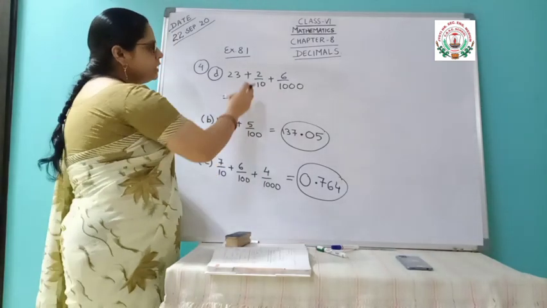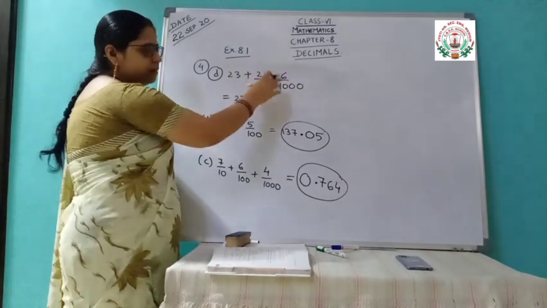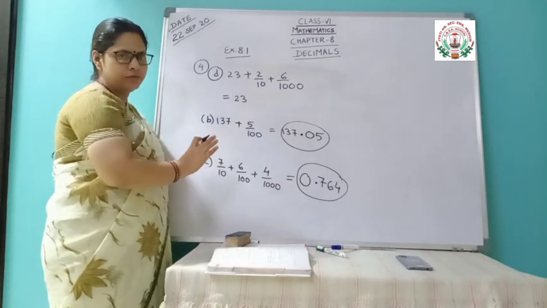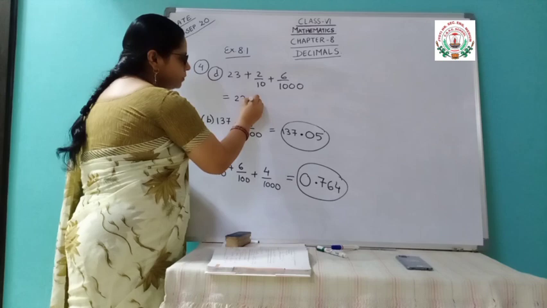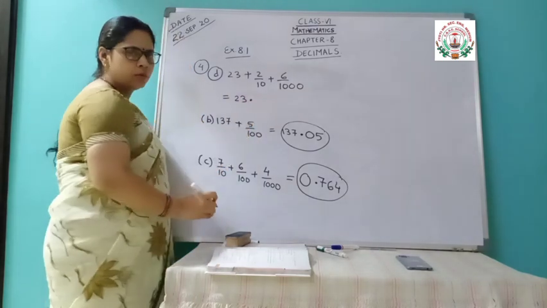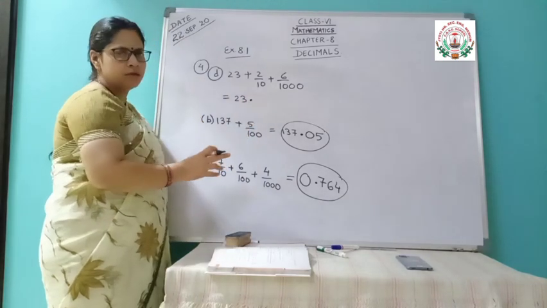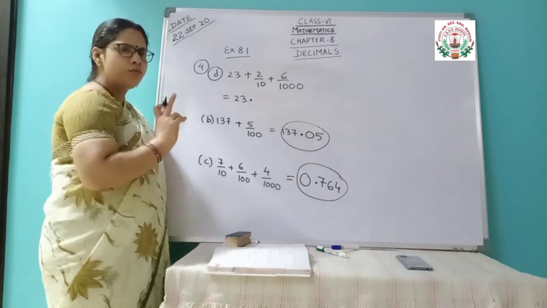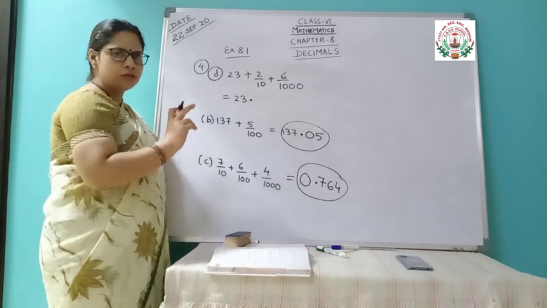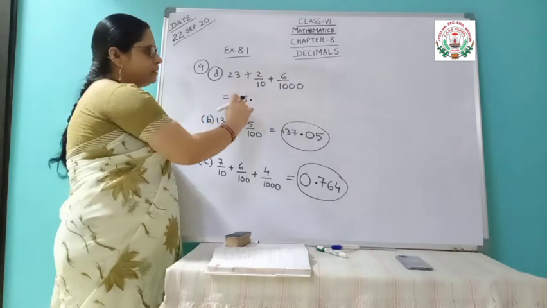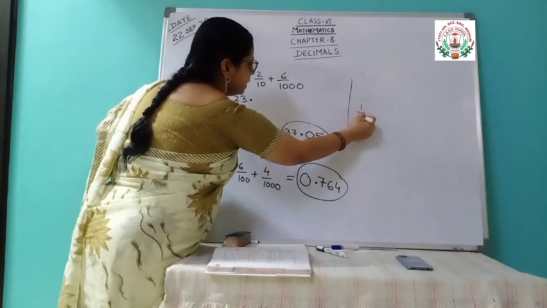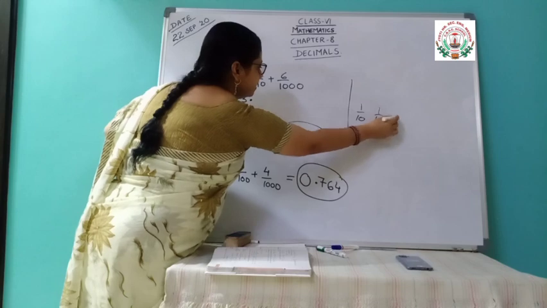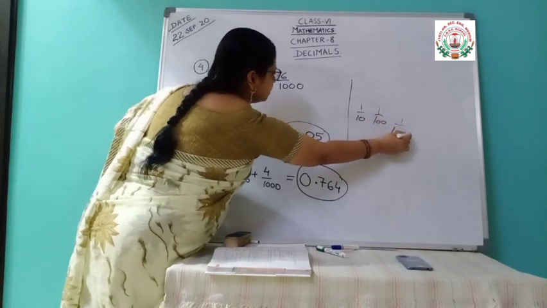Okay, no problem. Then, after that, divided by 10, 100, 1000, that is given. So, that means it is the decimal part. So, we are going to put one decimal for that. Now, after decimal, that is the decimal part. So, first digit after decimal is 1 by 10. So, first we shall write here 1 by 10. Then comes 1 by 100. Then comes 1 by 1000.